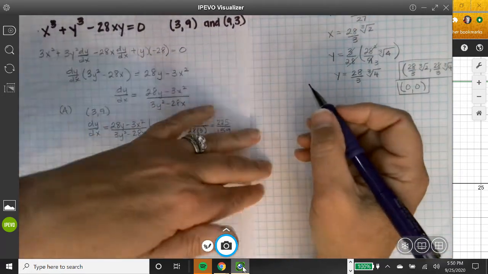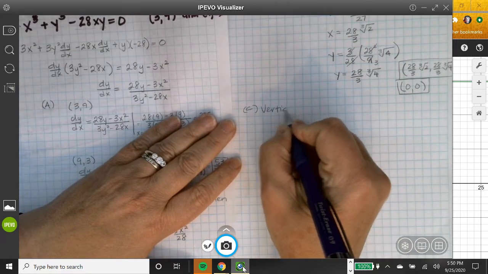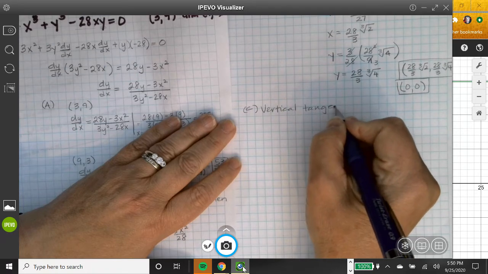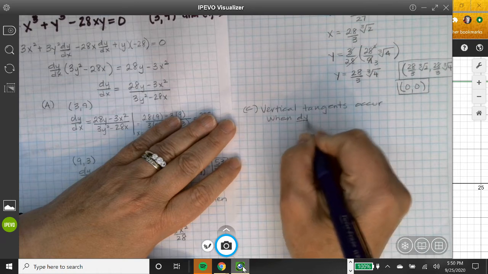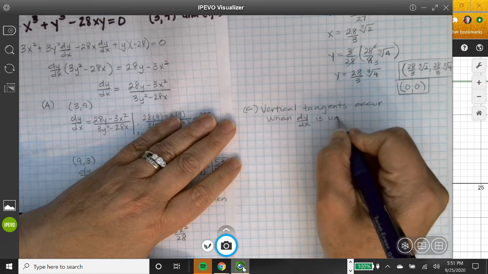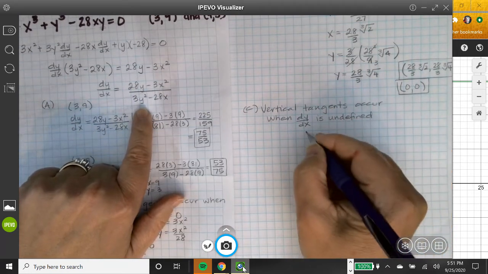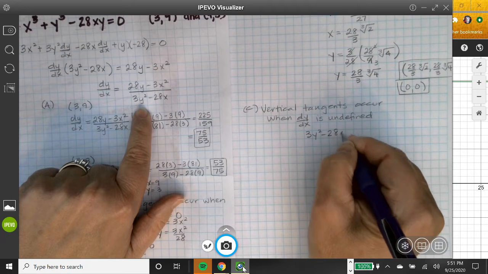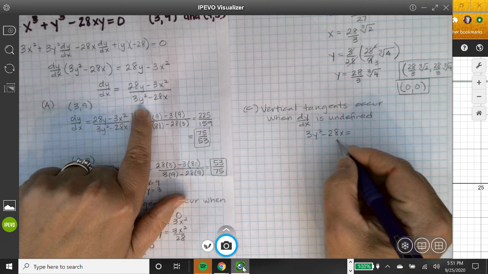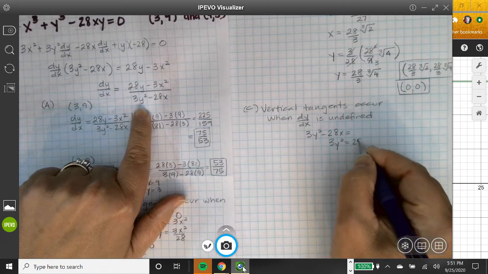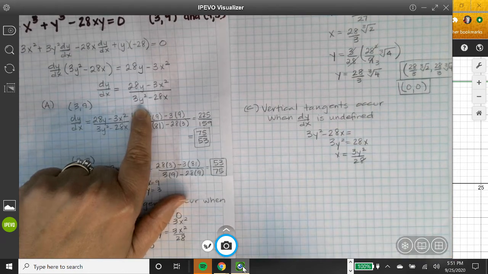Well, how do we find those? I'm going to say that that's part C. And we say vertical tangents occur when dy dx is undefined. And when does that happen? That happens when the denominator is equal to 0, and that's at 3y squared minus 28x equals 0. And in this case, I'm going to solve for x because I'd like to not have square roots. So I'm going to say 3y squared equals 28x. So x equals 3y squared over 28, which looks remarkably like this,